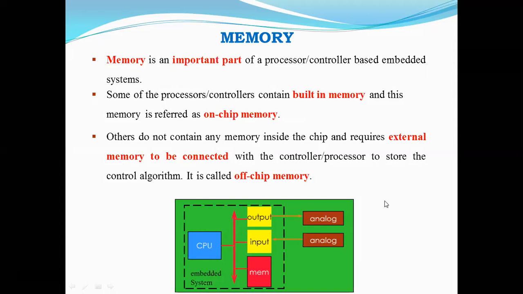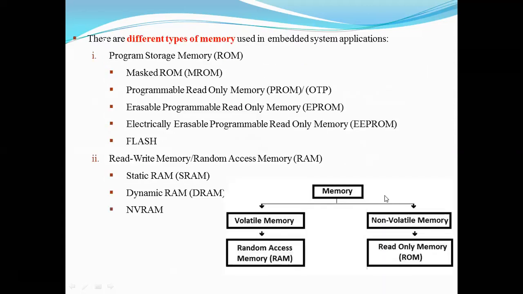Again, we will see what the different types of memory are. Already you know what a memory is. It is used for storing data, right? In memory, there are two types. Basically, you know ROM, that is read-only memory, and random access memory, right? Read-only memory is a permanent memory. Random access memory is a temporary memory. Based on that, why are these memories required for the embedded system? Because they have to store the data when they are doing any application. When it is running, immediately the data has to be there in the RAM or the ROM.